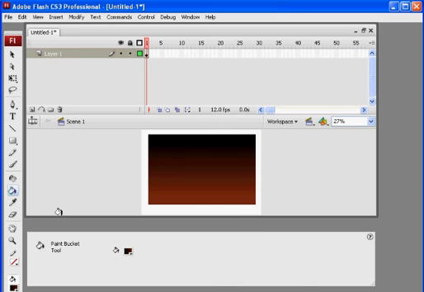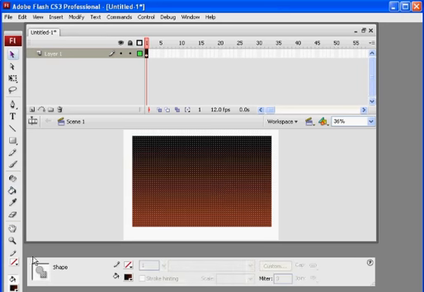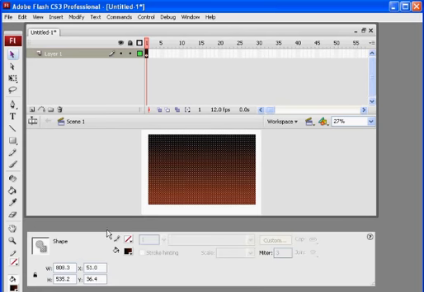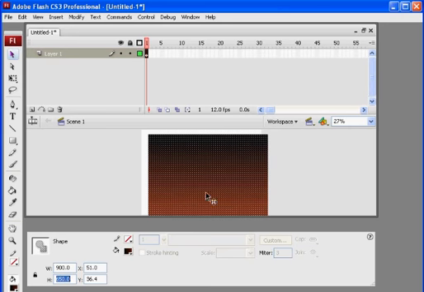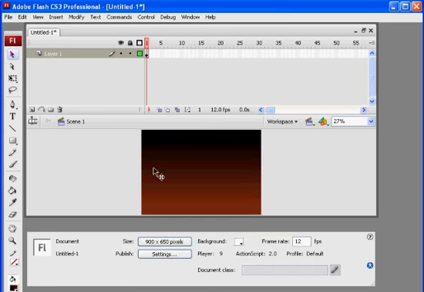Now this doesn't fit the space, as you can see, right? This doesn't quite fit the space. So what I'm going to do is select it and then go down to my property window here. Pop it open. And I'm going to put in the width and height of my movie. So that's 900 by, what did I say, 650? And hit enter. And then I'm going to reposition it on the stage. 0x and 0y is the upper left corner. So I'll change x to 0, enter, and y to 0, and enter. And now it is centered, and there's no white bleeding out on the side, and I've got it perfectly in